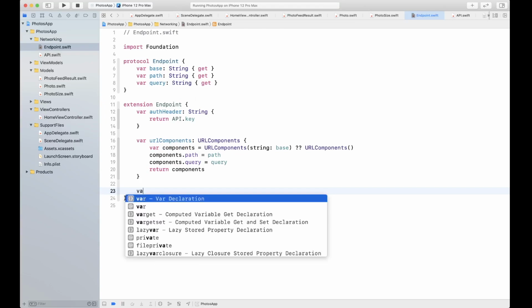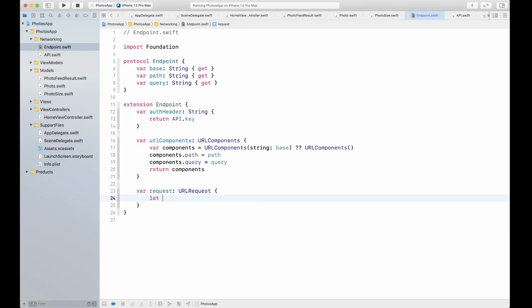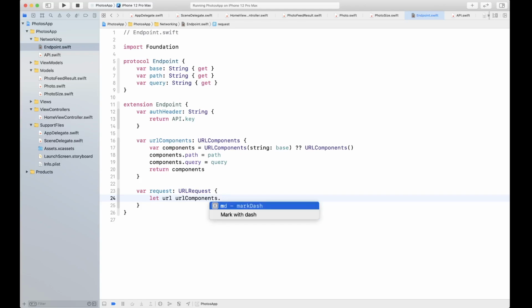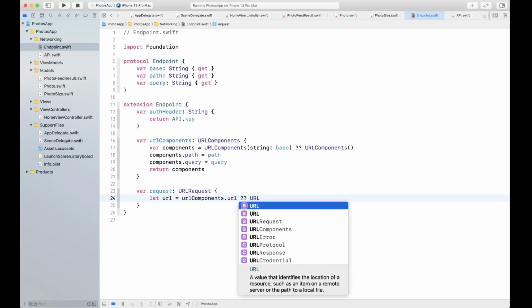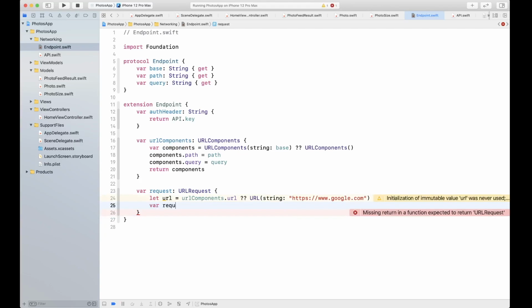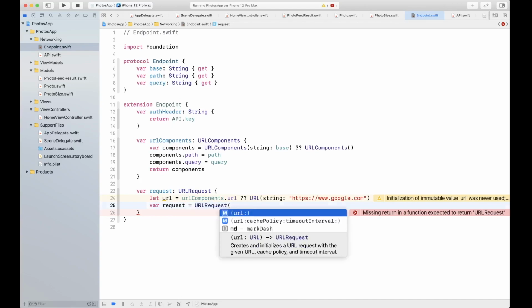Okay. Next, we're going to create a request. For URL components, we can construct URL from URL components. If URL is not there, I'm just going to type some dummy URL. So you can put your fallback URL here. And I say for the request, I'm going to create URL request object passing URL,